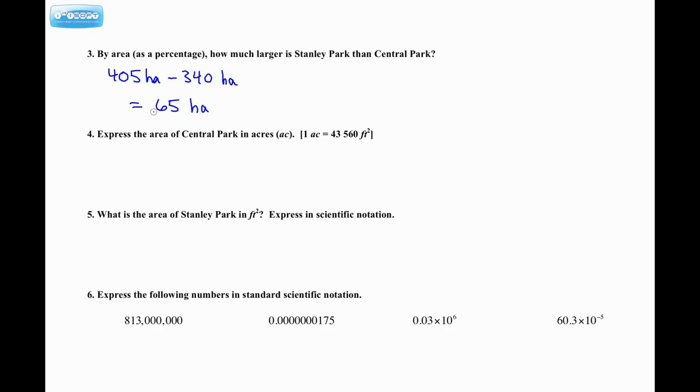So we want to figure out what is this number as a percentage of Central Park's area. Now you've all done this before. Whenever you've gotten a test back and you want to figure out what you got as a percentage, you simply take your test score and you divide it by the total. Well, it's the same thing here. So this is 65 hectares divided by the initial area of Central Park. Of course these cancel because we're looking for a percentage, and a percentage doesn't have units. So 65 divided by 340, and we get approximately